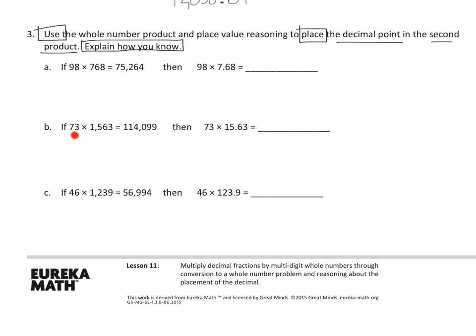They're telling us that 73 times 1,563 is, and here's the first product. Okay, they're telling you this is the right answer. Then they want to know what would the answer be if it's 73 times 15 and 63 hundredths. Notice that the same digits are over here, but the second number just has a decimal point. So if you think about this, this answer will be technically the same numbers over in the other problem, but